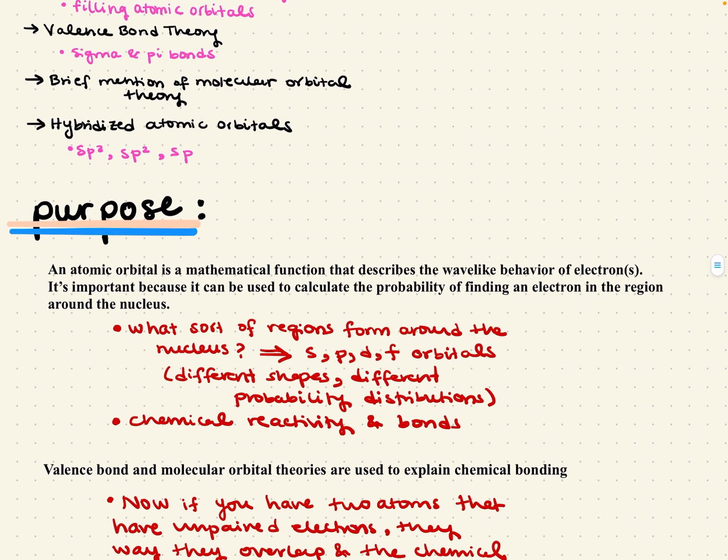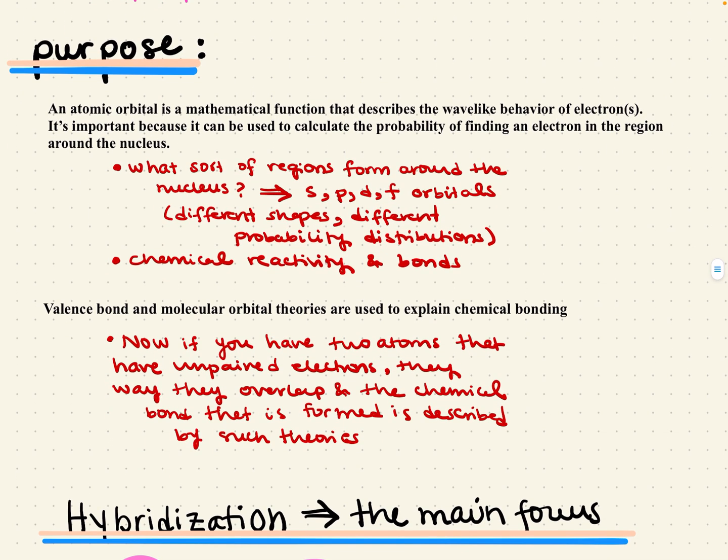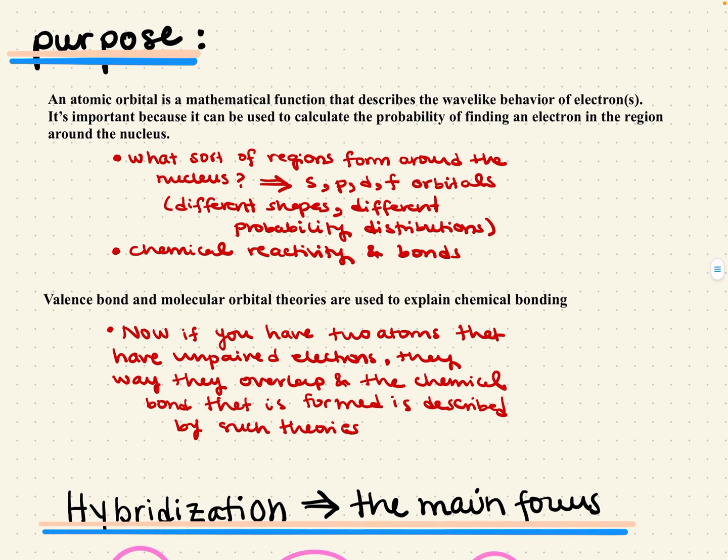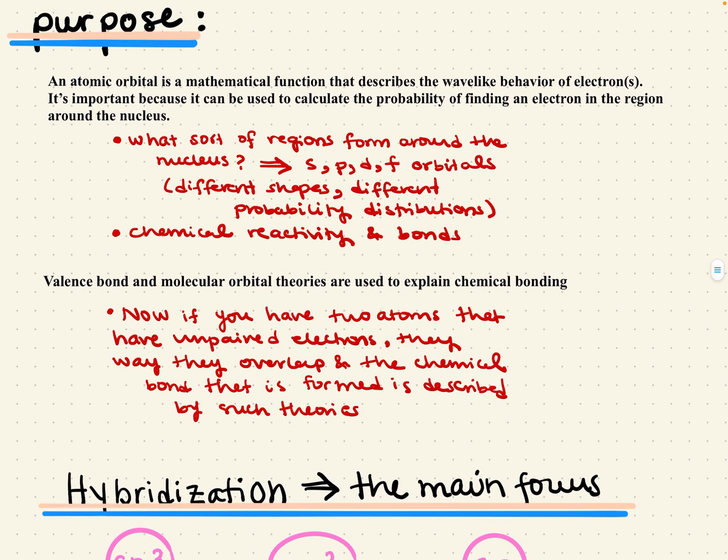Now, there is quite a bit written here, and I do not want you to worry all too much about the exact verbiage yet because we're going to come back to this, but know this as a starting place for our discussion today. Atomic orbitals will describe probable regions of electrons around an atom. This probable region is given a shape, and this gives us our very familiar idea of orbitals. Orbitals are important because they determine the distribution of electrons in atoms, which in turn determines the electronic and reactive